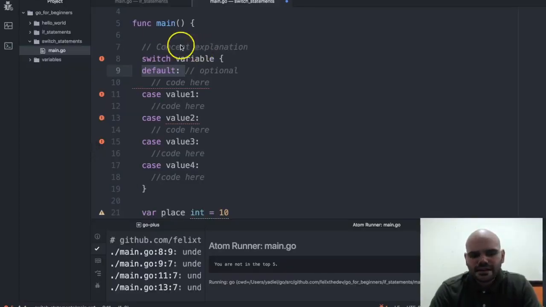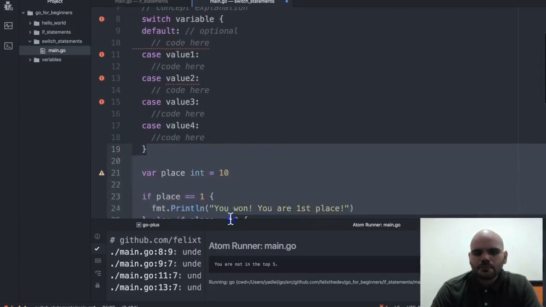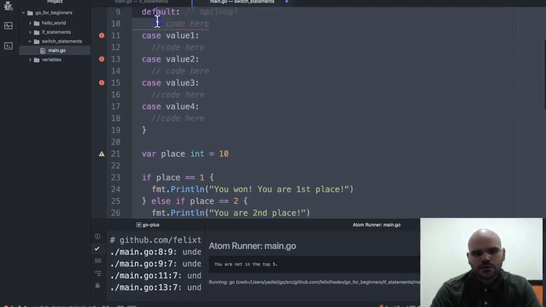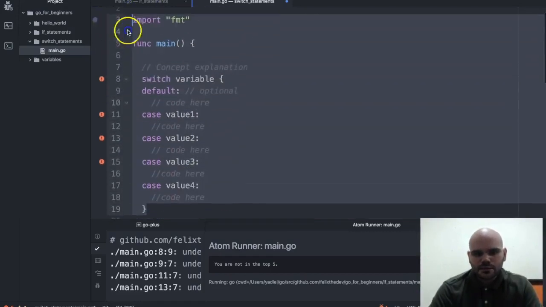And now we're going to take the example that we did in the last video on if-else statements, and we're going to implement the solution using switch statements, or the switch keyword. So as a review,